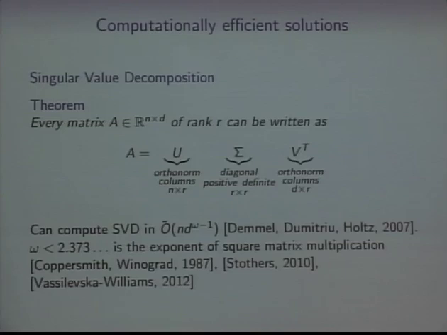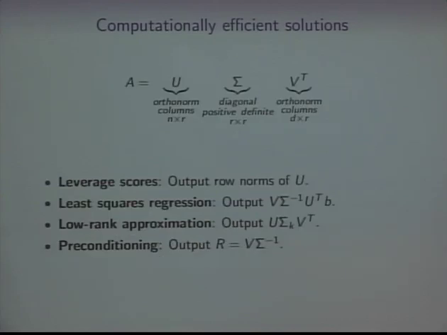Why? Well, let's look at least squares regression, for example. You're trying to minimize the L2 norm of AX minus B. What's the best X to choose? Basically, part of B lies in the subspace spanned by the columns of A, and part of B is in the orthogonal complement. You can't kill the part in the orthogonal complement, right? So you want to kill everything that's in the subspace. So you want to project B down to the subspace, and that's the best X. And you can just read that off from the SVD.